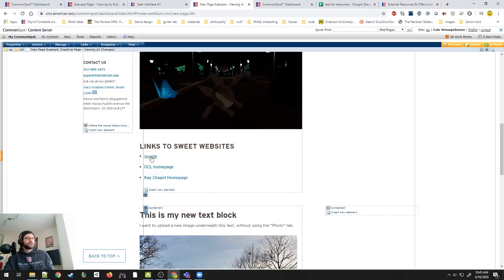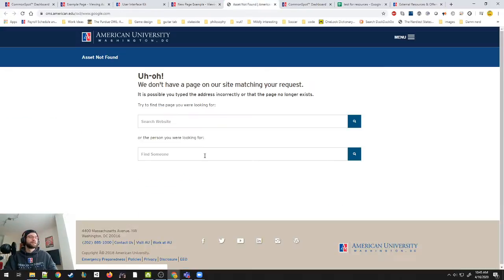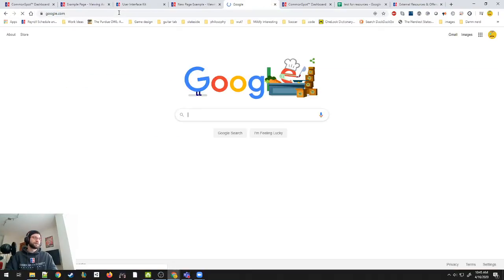Okay, this is why we have to do the HTTPS. Ready for this? Look at that bottom left. It thinks that the address for this page needs to be ocl/www.google.com, which of course doesn't exist. So let's go to... So see how it's that HTTPS right there?